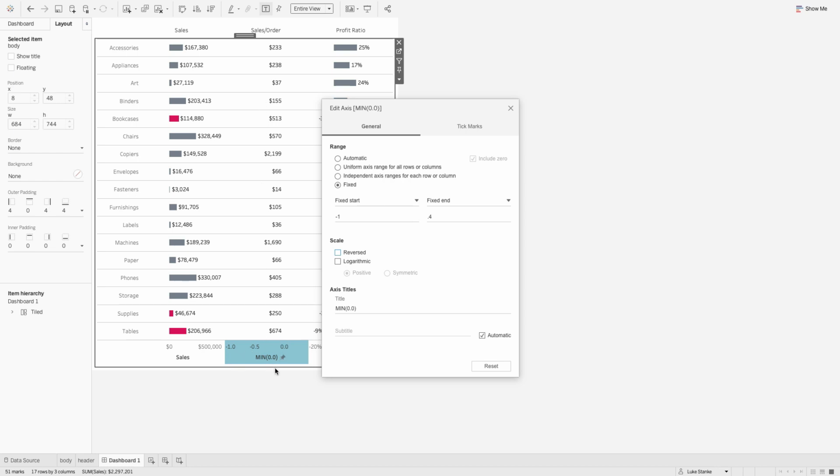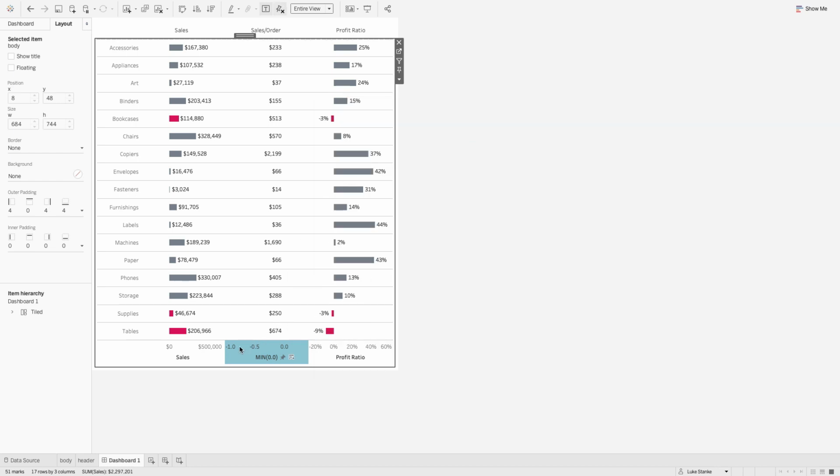Again, we set it, the min 0.0 just sets the value to 0. And by using 0.0, it allows me to use decimals inside my ability to edit the axis. And now I've sort of got the values right around where I want them to be. I'm just going to say OK, actually just click out. And then because everything's more or less aligned,